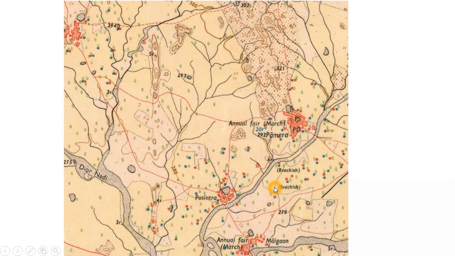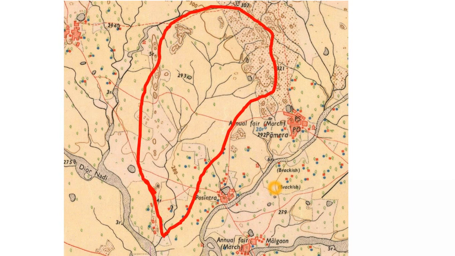On a map it will look like this. It's very commonly seen in the maps which you are using. So it looks like a branching tree. So this pattern is called as dendritic drainage pattern.